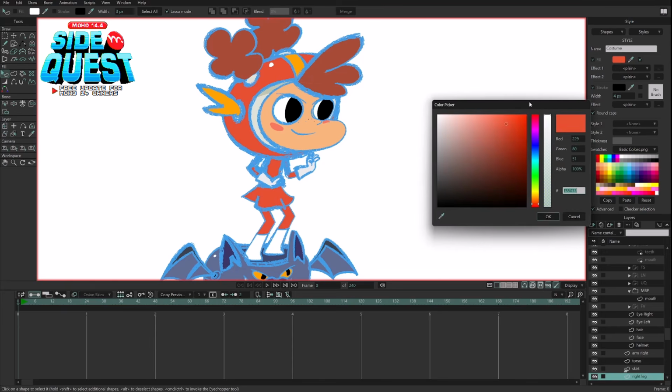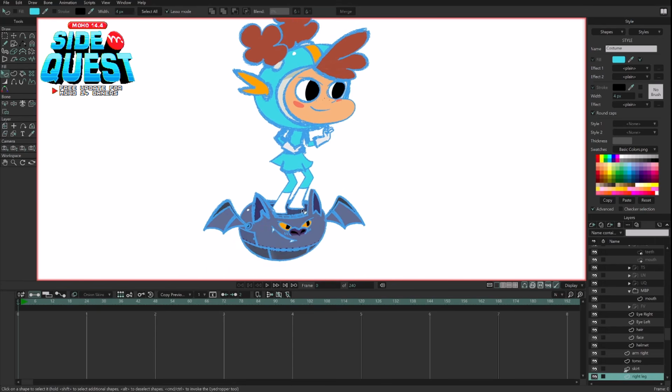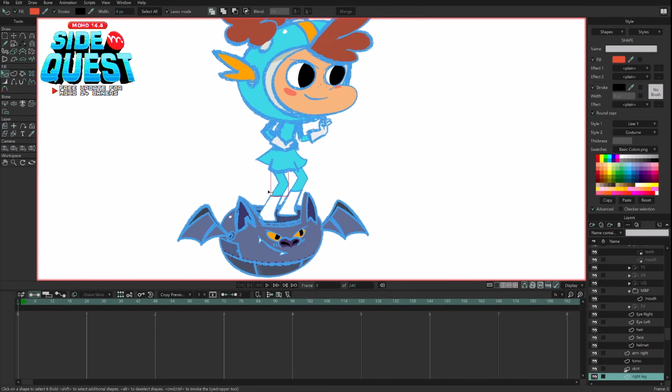So I can click here and I can change the color of only the costume of my character. So let's say I want this one. So I press OK, and now the shape of the leg, you can see it has the line 1 style applied that is modifying its strokes, and it has the costume style applied, a second style that is modifying only the